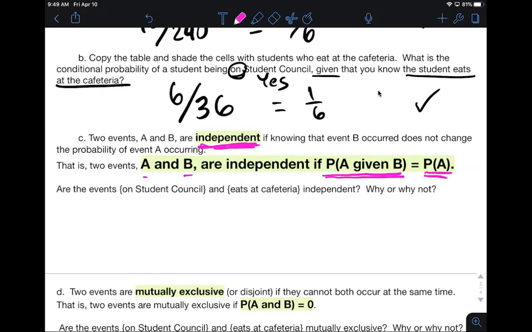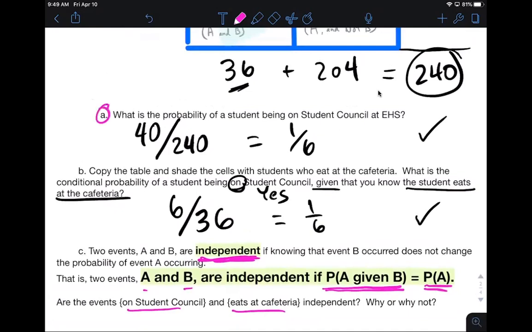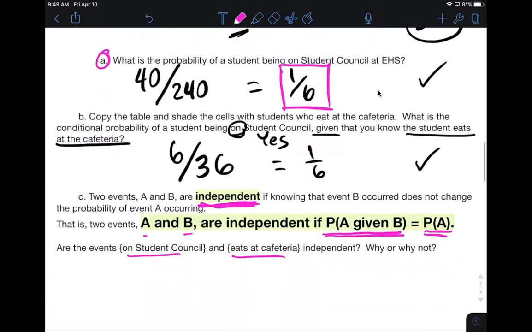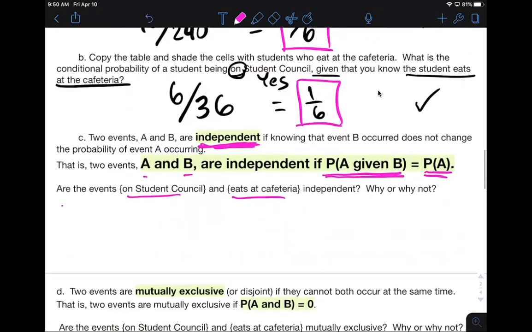So now they ask this question: are the events being on student council and eats at the cafeteria independent? Well, the probability of being on student council we found right here in part A, and that was 1 out of 6. The next question we answered was, given that the student eats at the cafeteria, what is the probability of them being on student council? We also got 1/6. And so yes, the events are independent because